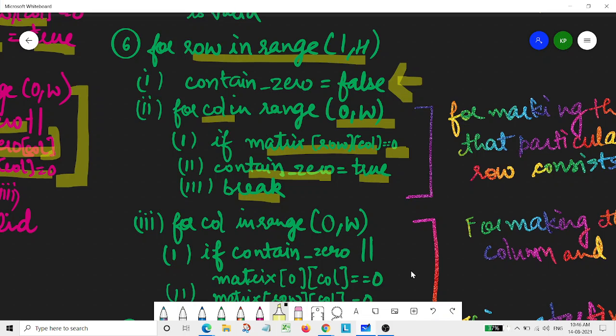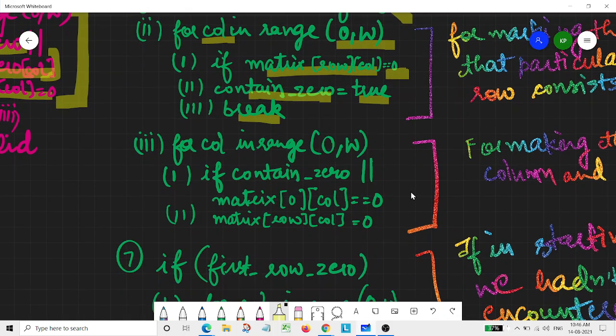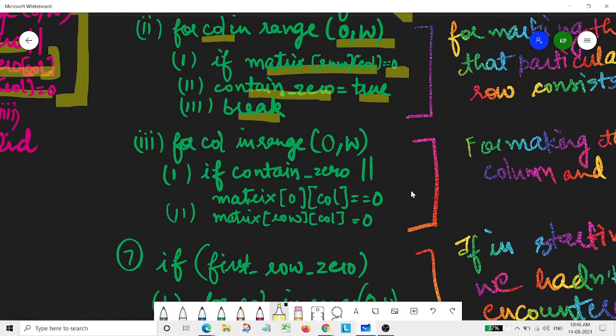As we break from here, we already know that that particular row is containing 0. So we'll again start from column 0 in the range of width.